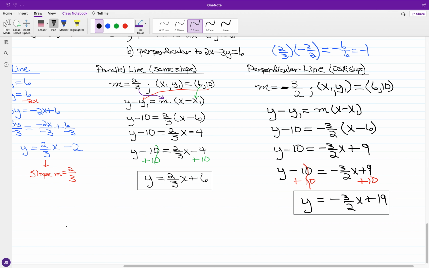Now let's say that we have, if we're looking at the point slope equation of a line that is going to run through 4, 6,